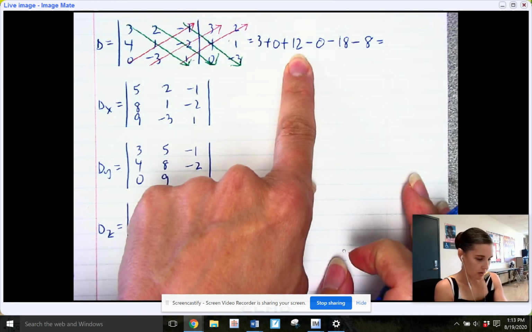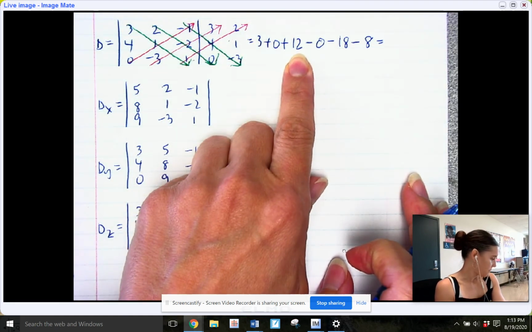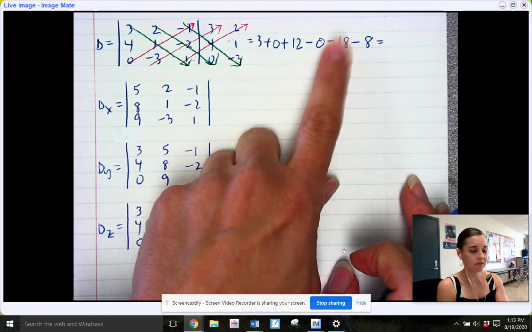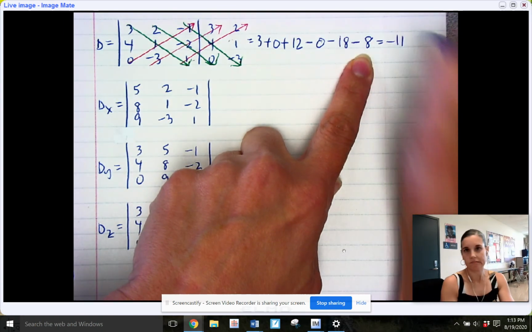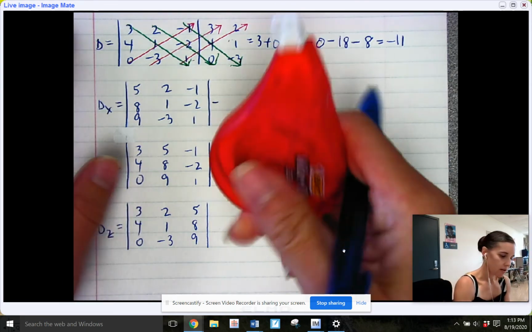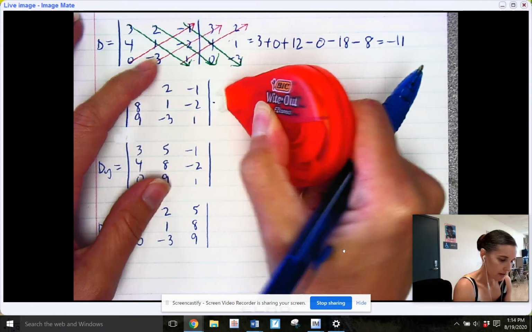3 and 12 make 15. 15 minus 18 is negative 3. Negative 3, negative 8 is negative 11. Double check my math. All right, so first thing we need to do here, again, is rewrite the first two